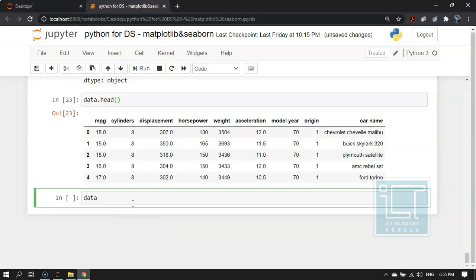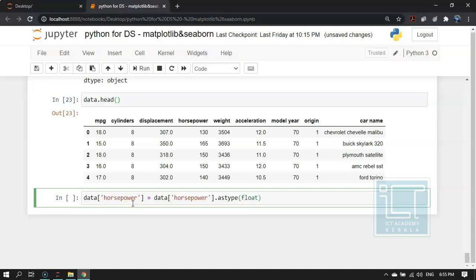So now I am going to change the data type of horsepower into a float. For that I am using this astype keyword. So astype is used to convert one data type into another.